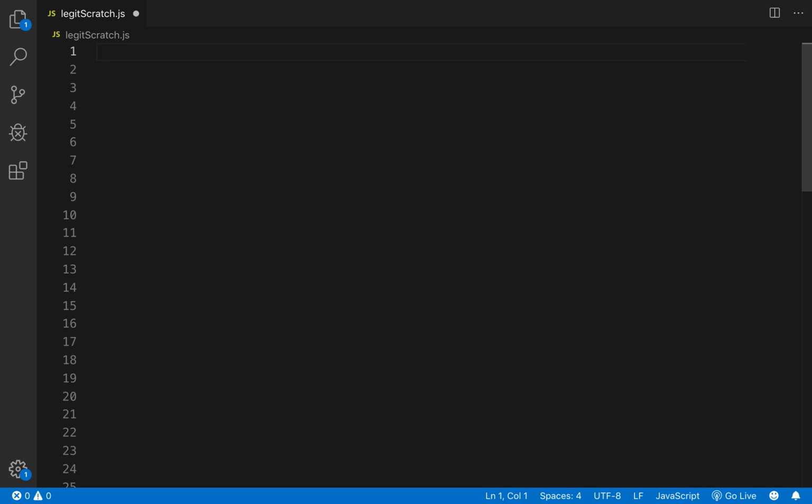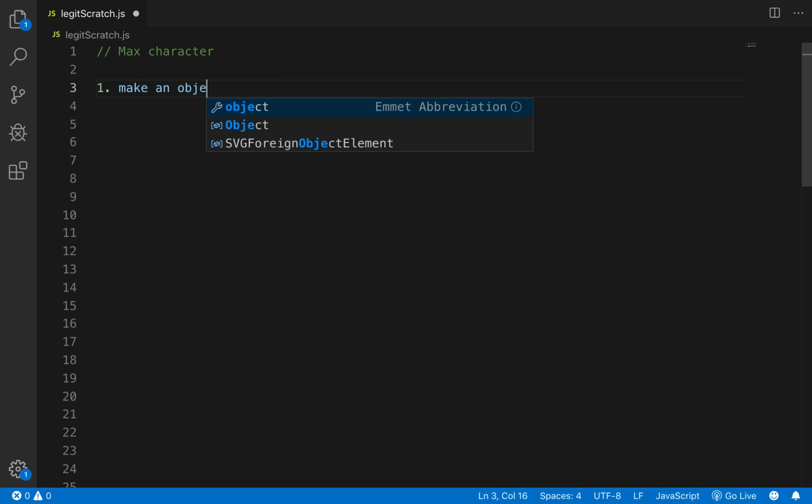Let's think. What's a quick algorithm we can do that takes 2 main steps? All right, I got it. Let's do the max character algorithm. This is a very common algorithm, so it has 2 steps. If you're passed in a string called hello world, what you want to do is count up all the characters and see which one occurs the most within the given string. Looking at it, you can see that it would be L because it appears 3 times. So let's figure out a way we can do that. There are 2 steps to that. One, you have to make an object to keep count of the